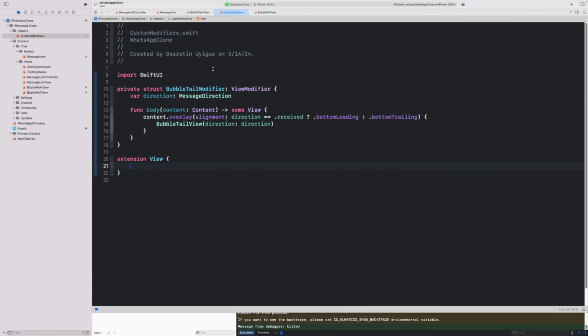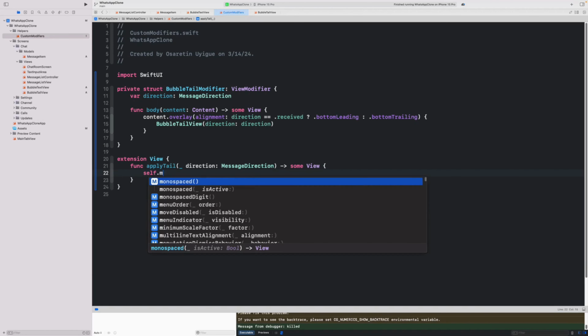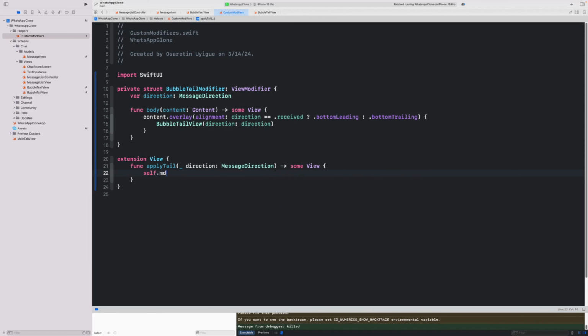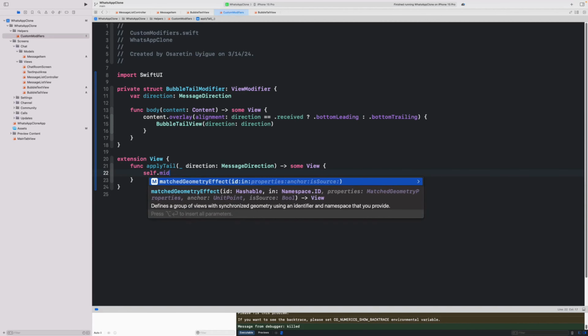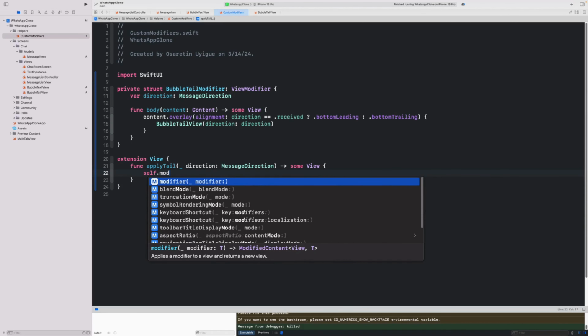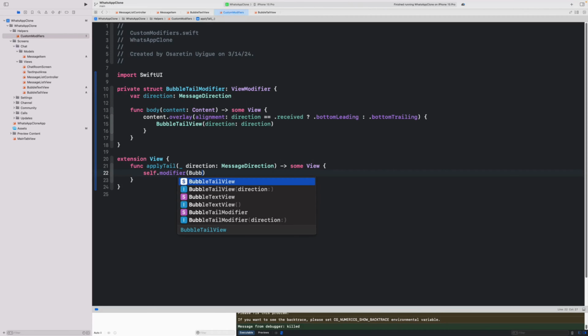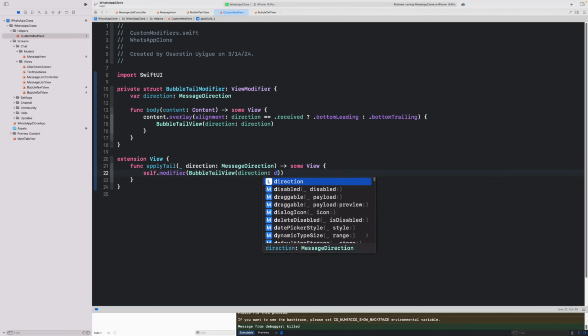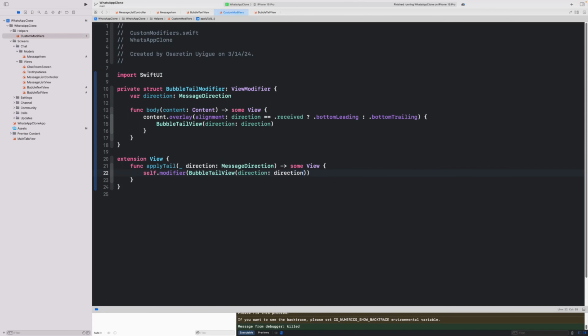So let's go back to our custom modifier, and let's extend view to have a function called apply tail. And that function will take in a direction, a message direction, and it will return back some view. So what are we trying to do here? Well, we're trying to apply the custom modifier that we just created. So we say self.modifier, gee, just can't spell today, huh? And it's going to be bubble tail view. The direction is the direction we're already taking in. And right there,